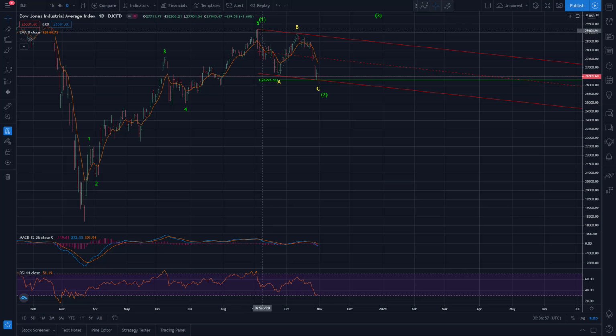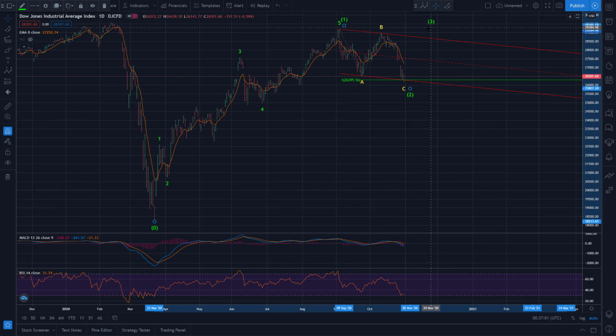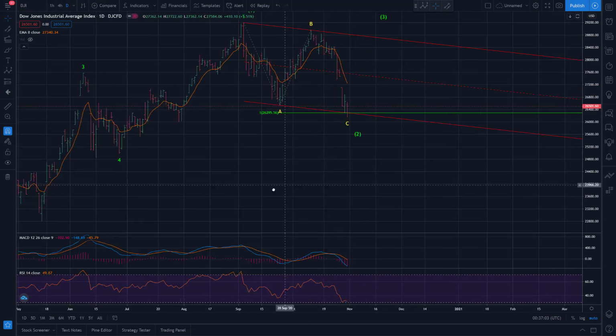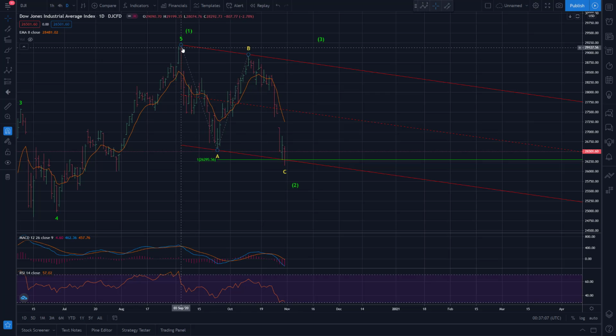But if I go in closer here, just bear with me, a little closer here on the Dow. So from that September, it looks like the Dow actually peaked on September 3rd, not September 2nd, but you're splitting hairs there. So ABC down for A, ABC up for B, and then it looks like we've potentially already done our 5 waves down for C. Here is our AC equality relationship.